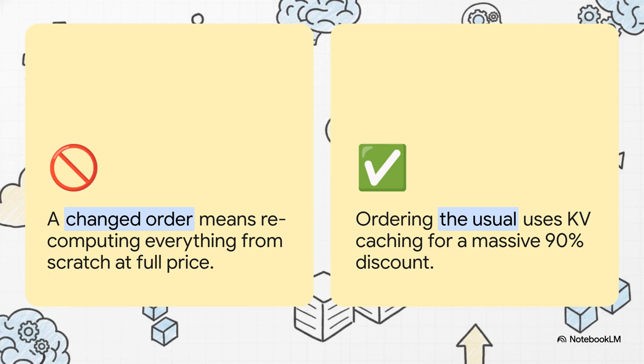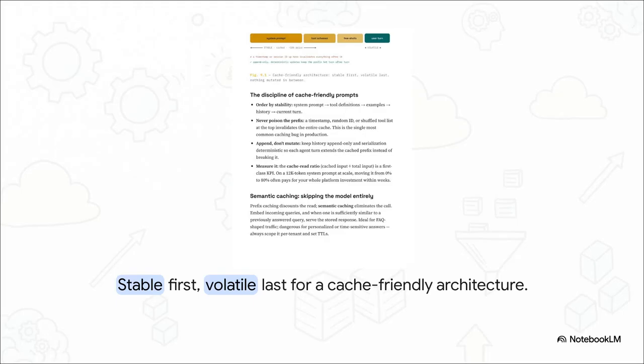But if you change even one single detail, say you ask for oat milk instead of almond milk right at the start of your order, the barista throws everything out and starts completely from scratch, and you pay full price for the whole shebang. Now, what's really interesting about this is how we actually secure that discount on a structural level. To avoid recomputing attention over all those old tokens, inference servers store attention states in something called a KV cache. If your very next request begins with the exact same prefix, the provider just reuses those stored states instead